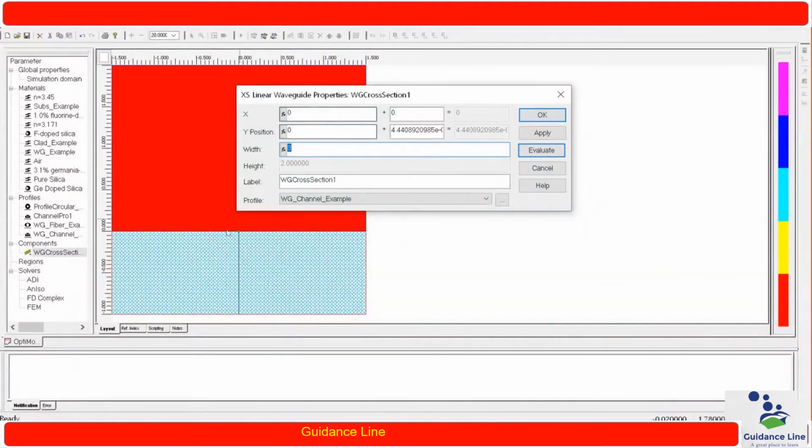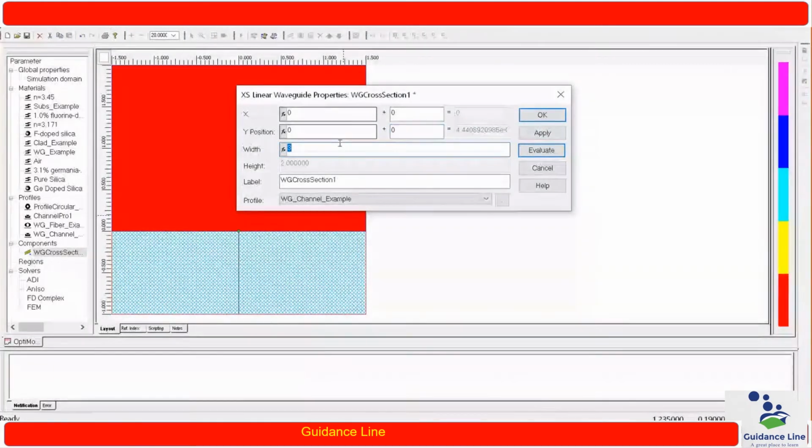So as you can see over here, we have a cross section. Okay, so we want to make a waveguide that is lying in this particular cross section. So the y position and x position I am making 0. You also keep in mind this offset value should also be 0.